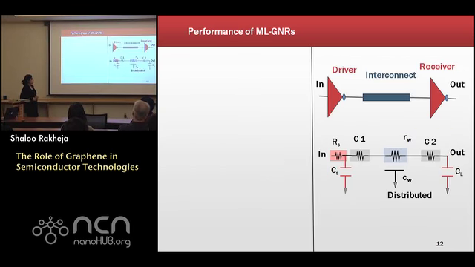The topmost circuit over there is the schematic of the driver-interconnect-receiver that we are using for evaluating the performance of these interconnects, and the bottom circuit shows the equivalent circuit corresponding to that, where the interconnect is represented by a distributed RC network, which is over here. The points that I've labeled as C1 and C2 are the contacts between the driver and the interconnect, and they do take into account mode bottleneck issues.